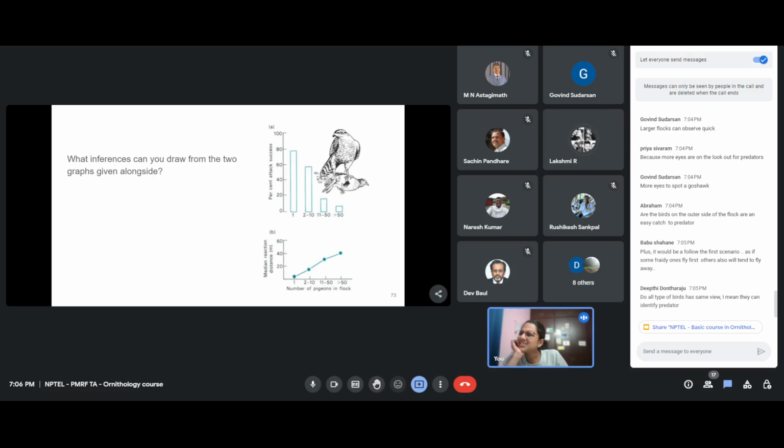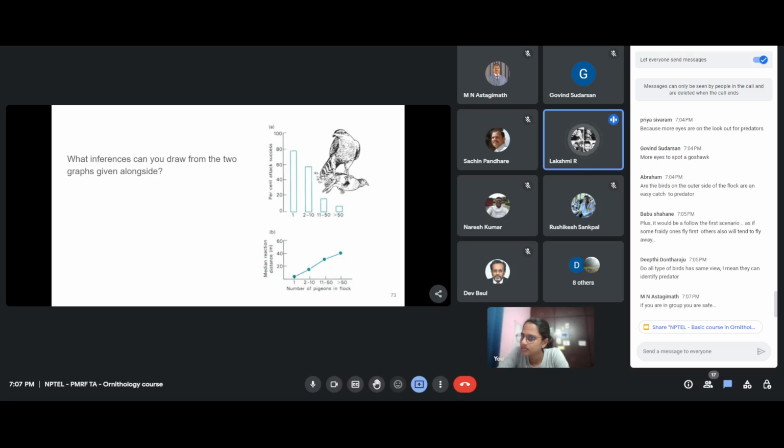See, I think it's difficult with these, like if you're talking about feral rock pigeons on a flat surface, I think a predator can probably just go anywhere it wants. I said in the flying one because these raptors usually hunt during flight. So I just wanted to ask if in a flock, those on the loose on the outside get hunted. Is this kind of an altruism, like they sacrifice themselves for the betterment of the flock?